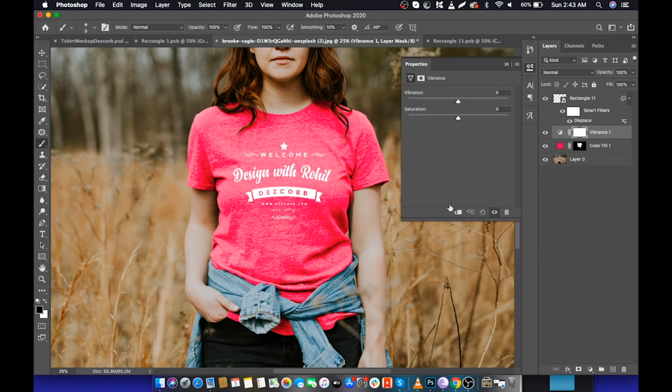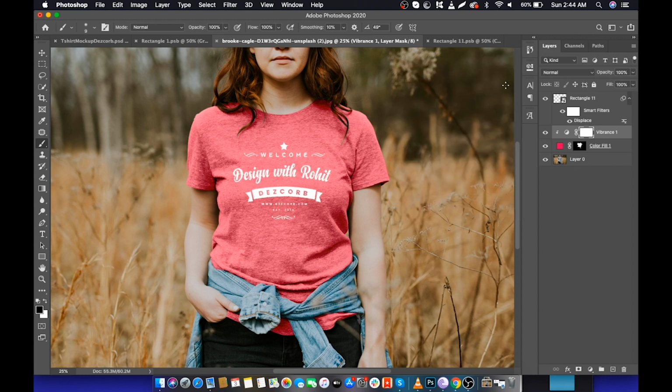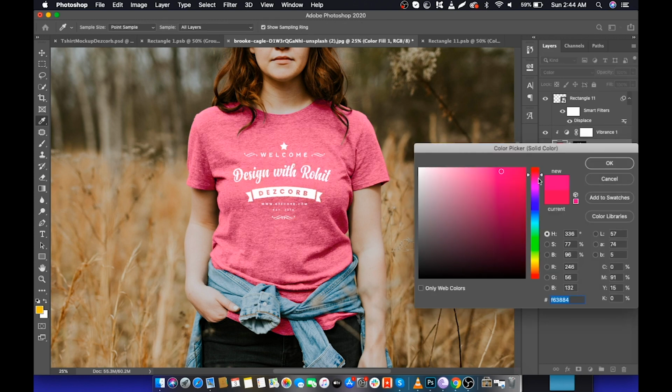Click on this button to restrict the effect to only the solid color layer. To change the color, double click on the color and choose whatever color you want.